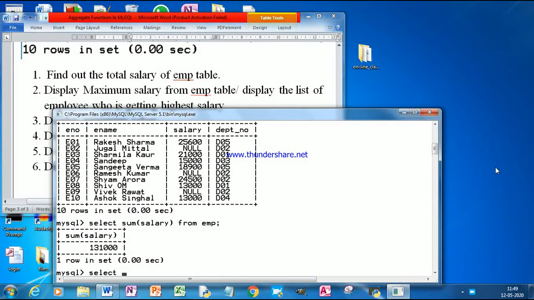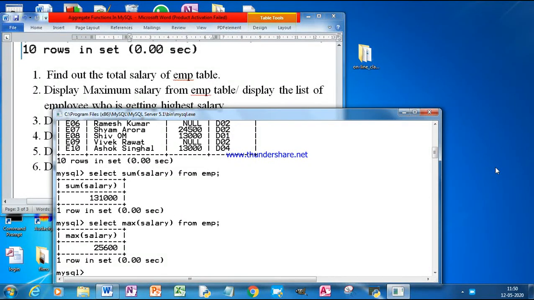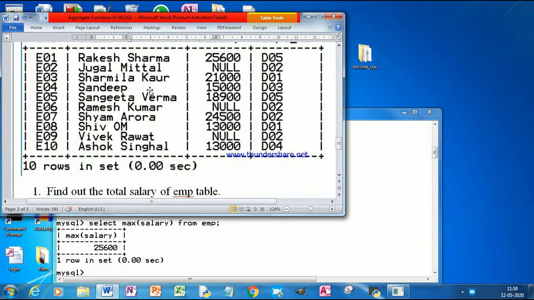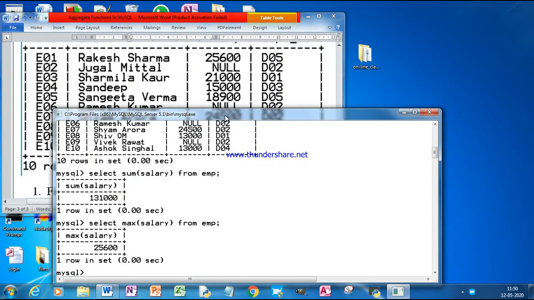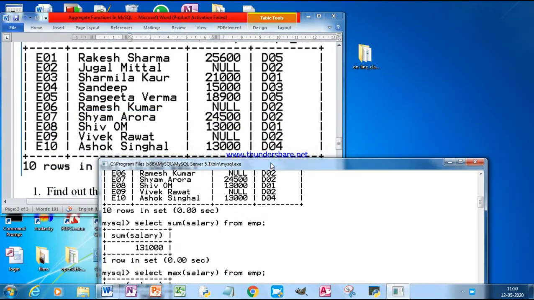Select max, and the column name is salary, from EMP. See the result: 25,600.